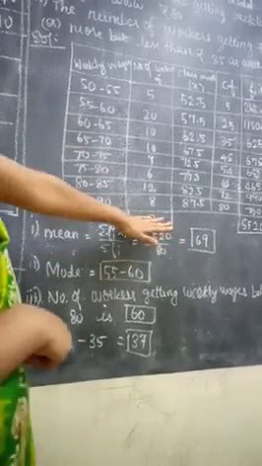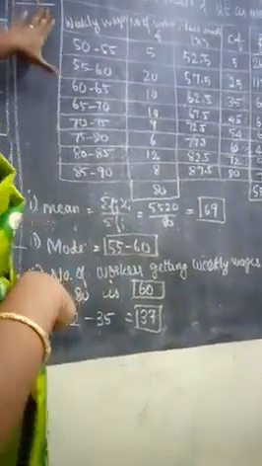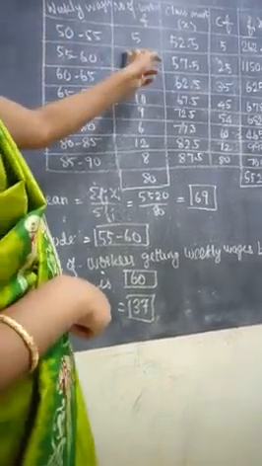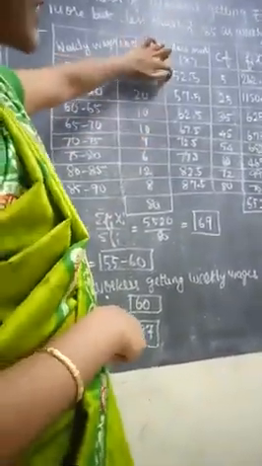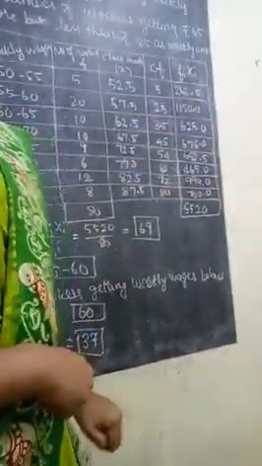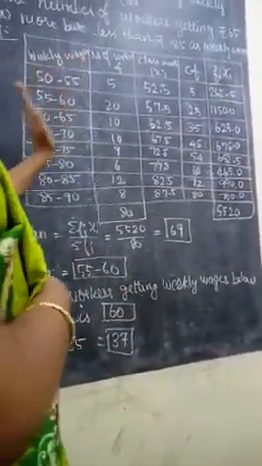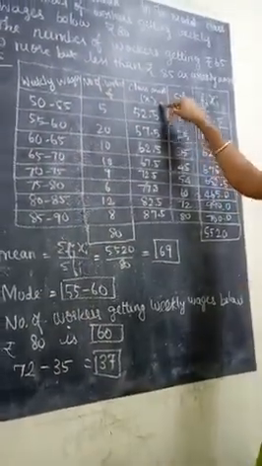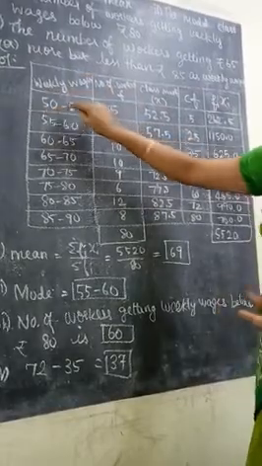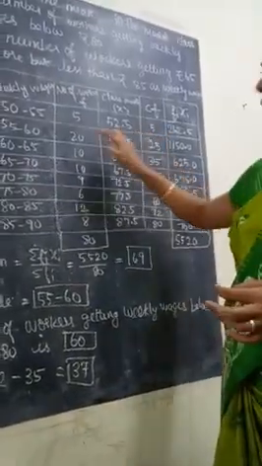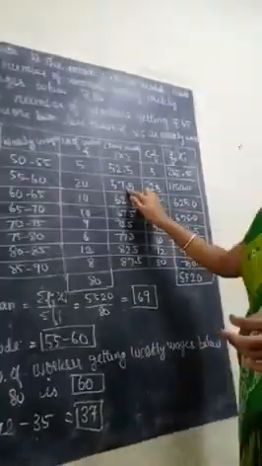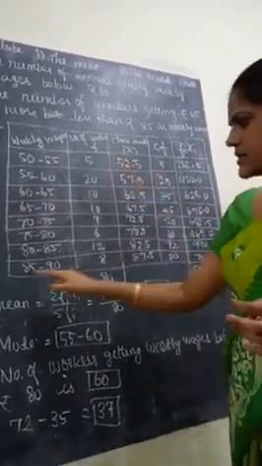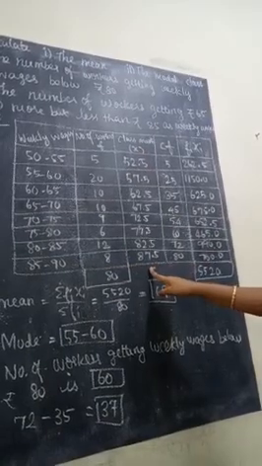First you need to frame a table column. What is given? First weekly wages, next number of workers, frequency. For finding this we need a class mark, cumulative frequency and fi xi. Listen, this is class intervals, this is wages, and how do we find a class mark? Midpoint of the interval. So 50 to 55 is 52.5, 55 to 60 is 57.5, 60 to 65 is 62.5. Like this, 85 to 90 is 87.5.